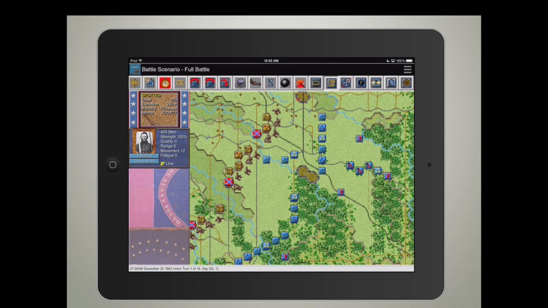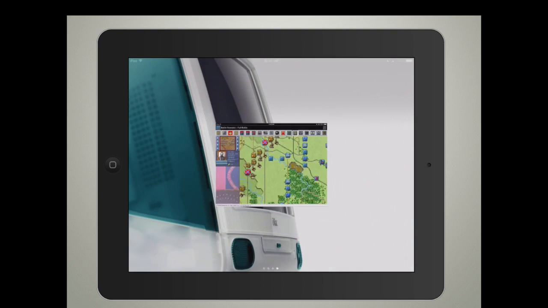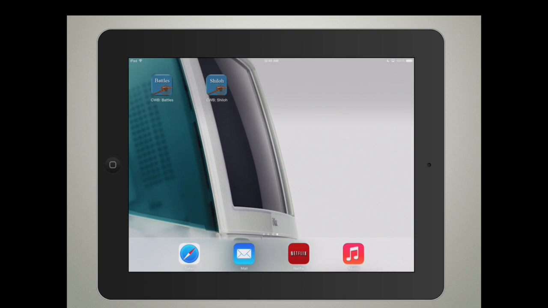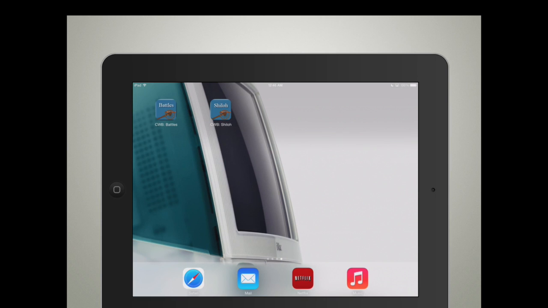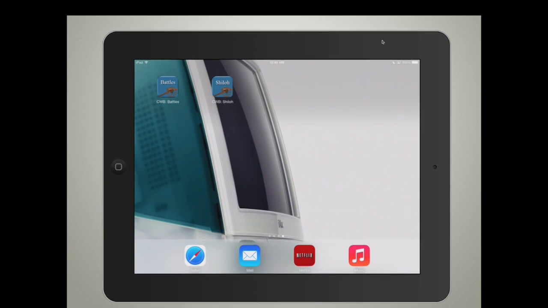It's just not as intuitive, and then you've got all these commands here. Honestly, as a first-time player, if I was just a casual gamer, this would throw me way off. I would be like, yeah, this is not happening. But I'm kind of in between. I'm not a casual gamer, and I'm also not